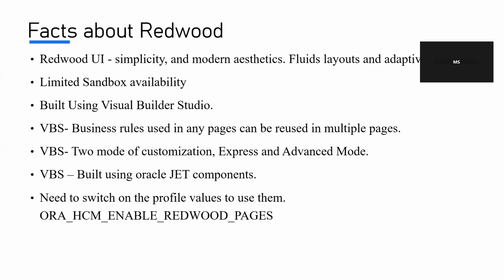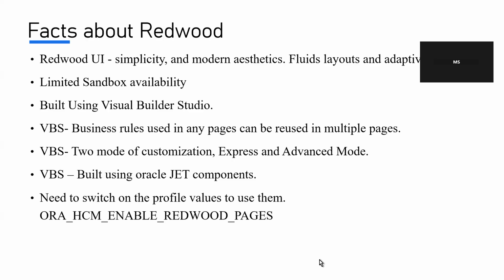For goal management, it is different. For performance, for succession management, and talent review, all of those are different profile values we currently have, but we may not need those profile values in the future because they would be turned on by default in the releases that are going to come. Okay, so that was the basic introduction that I wanted to give you all about the Redwood and